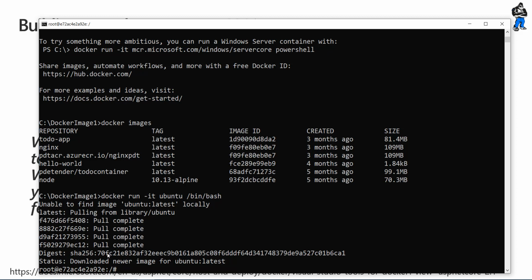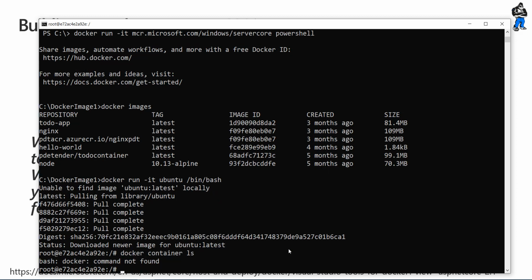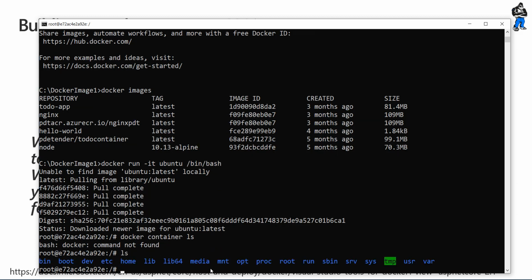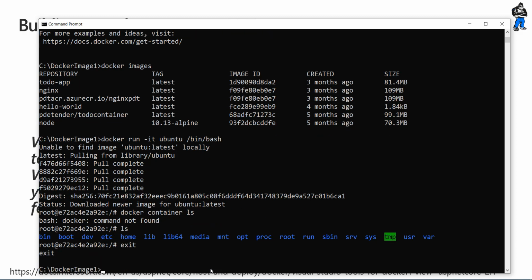And it's already running. So I can validate it down here, and if I do Docker container list, oh, it's not working. Why not? Hey, way cool. Remember up here I did Ubuntu and then bin bash, so I'm actually inside my container. So if I do ls here, I'm actually within that Linux operating system. So I can exit from here, and then I'm not inside my container anymore,